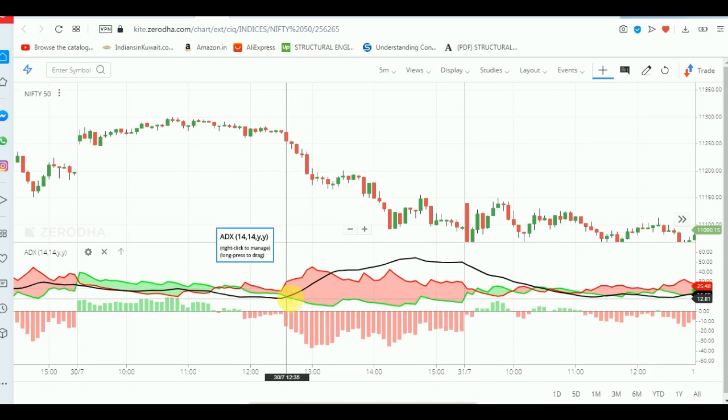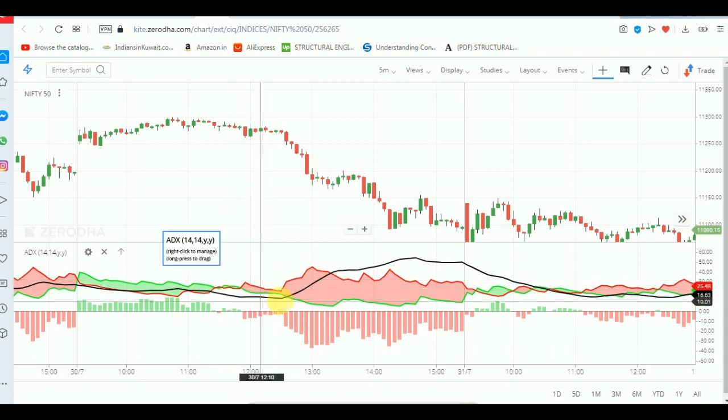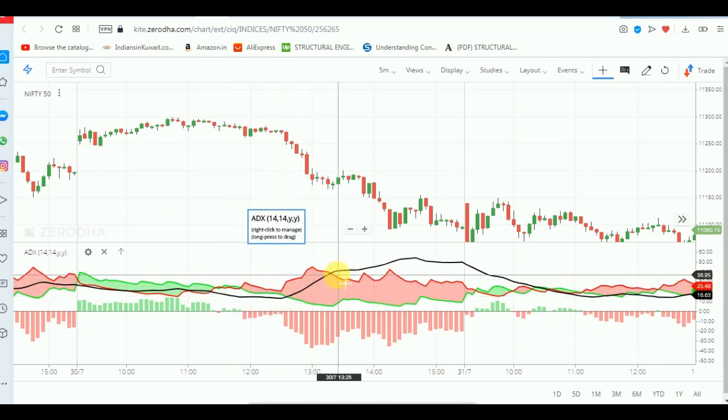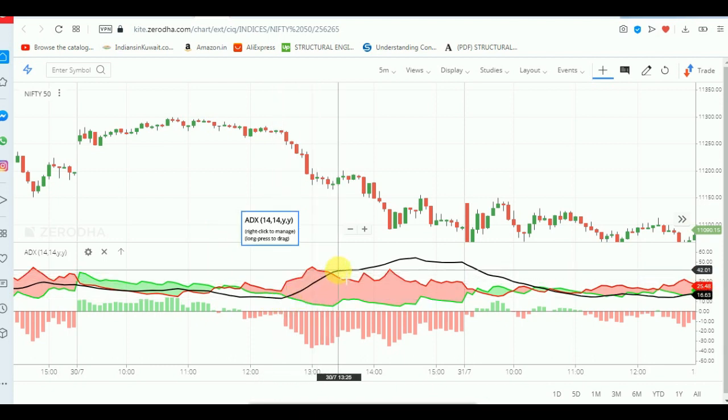And one may ask, if it moves above 20, whether the market is going to be in the upper direction? No, because this is not basically an oscillator, because an oscillator is different. Here it speaks only about the trend, the strength, right? The strength of the market. So if it moves above the 20 levels, the strength of the movement is going to be very good. But how can one understand whether the market is going to be on the upper side or on the downward direction?